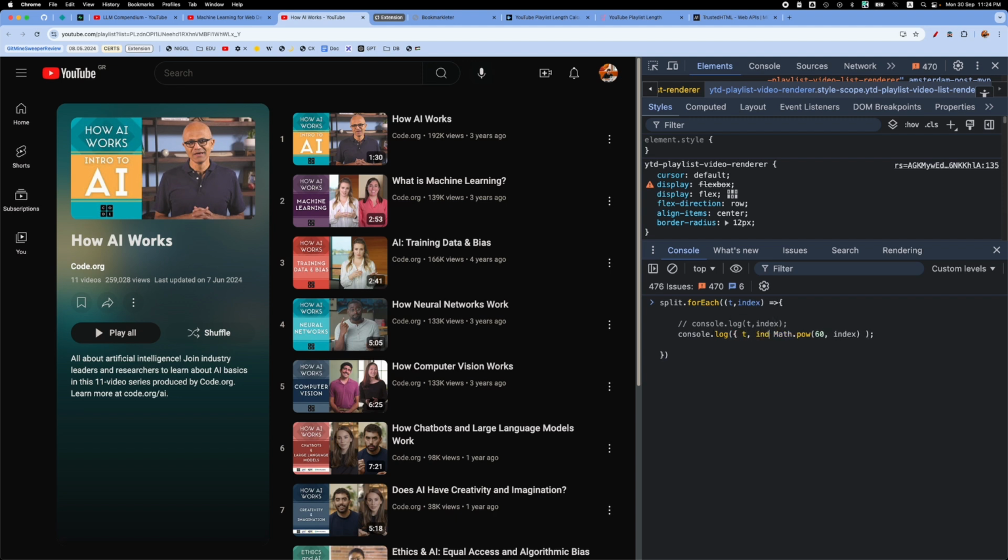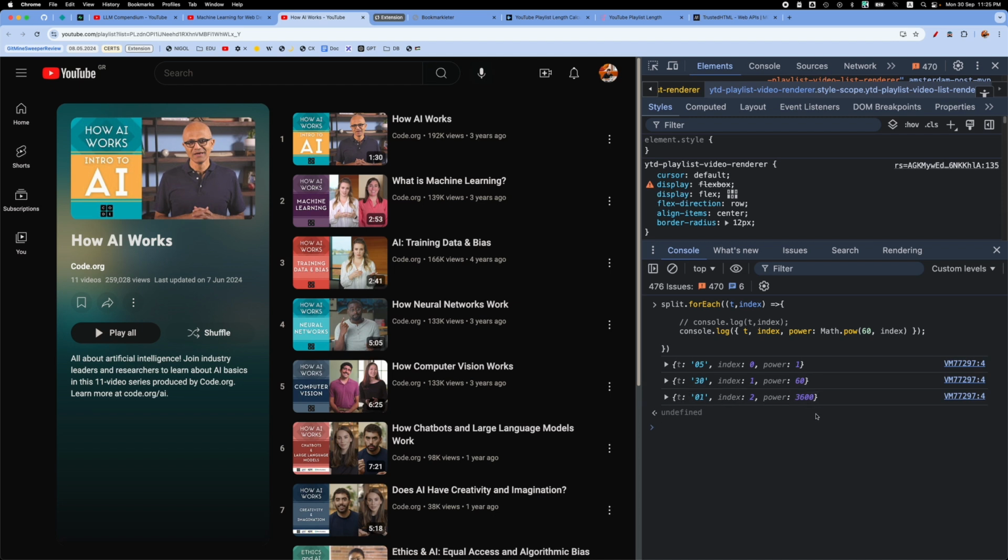Let me do it this way: index and then power, so we can see it. And let me use the object for now notation. So we have seconds, minutes, and hours, index 0, 1, and 2, and then the power. In the first case, when we raise 60 to the power of 0, we always get 1. When we raise 60 to the power of 1, we get 60, of course, and when we raise 60 to the power of 2, we get